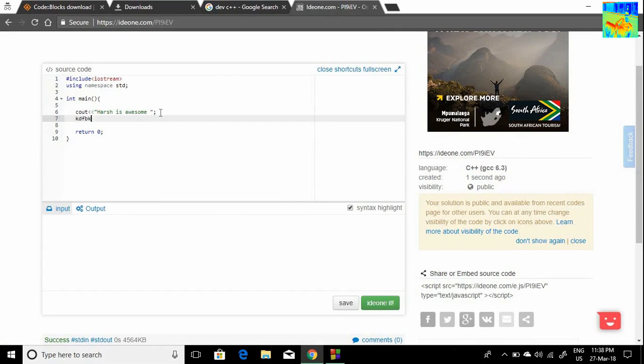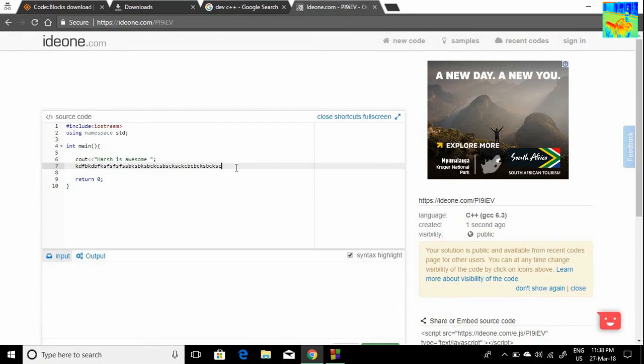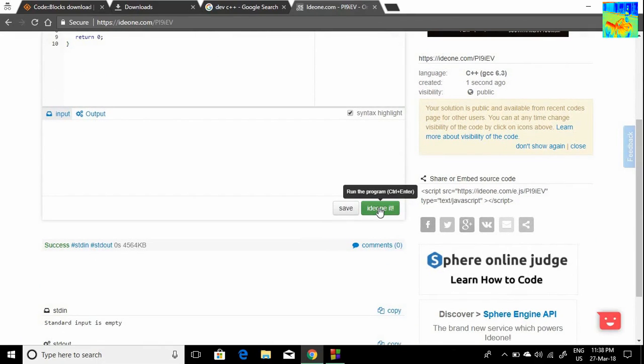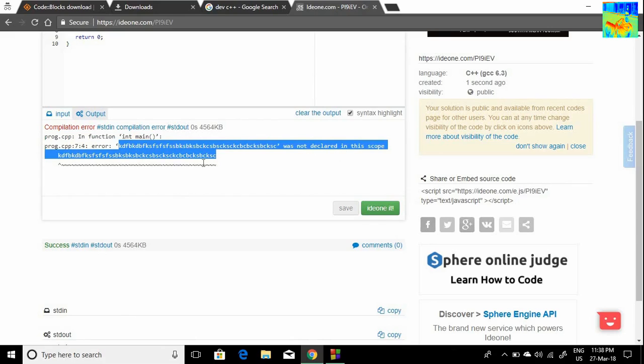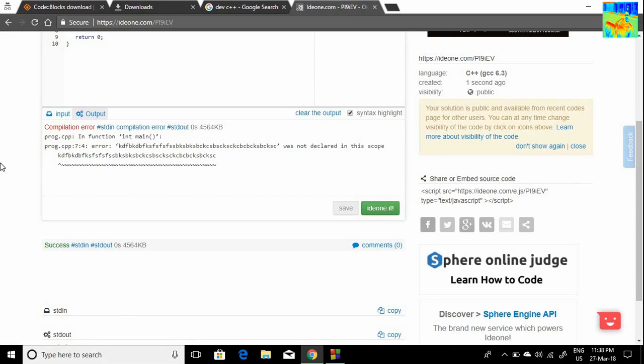I have done something very strange. Okay, so let us Ideone it, means run it. Okay, so you can see here this word is not declared in this scope. So the compiler is telling me, have you gone out of your mind? What are you trying to do, man?